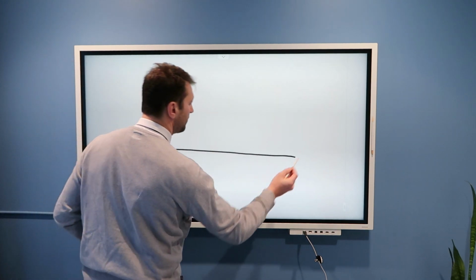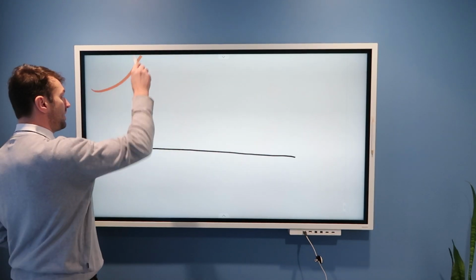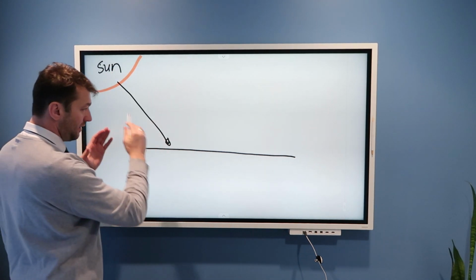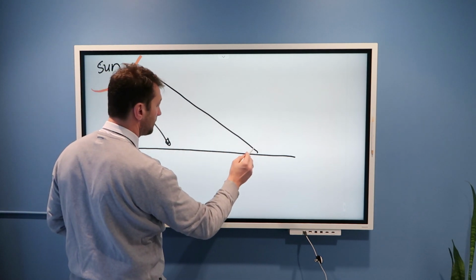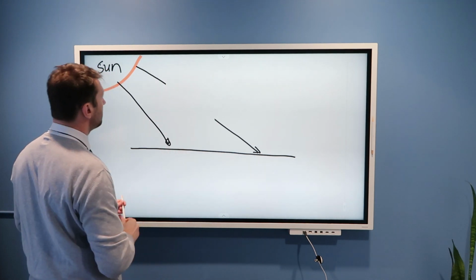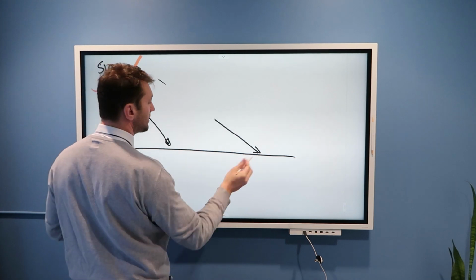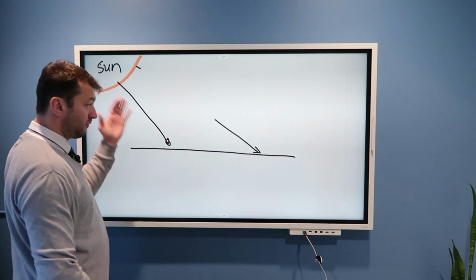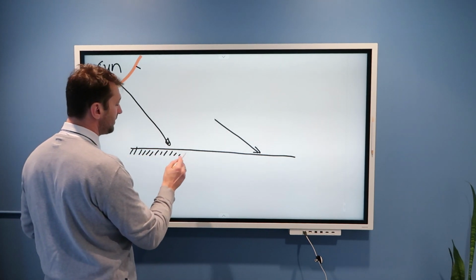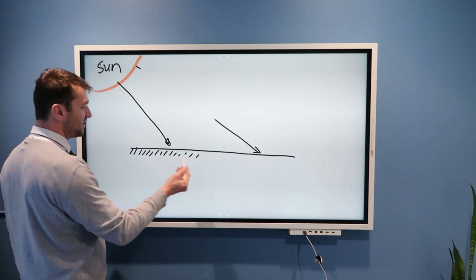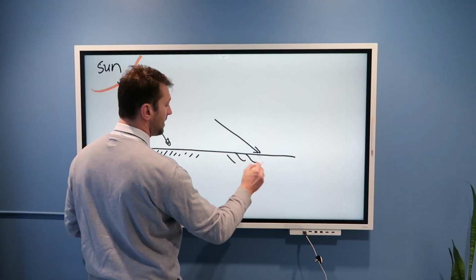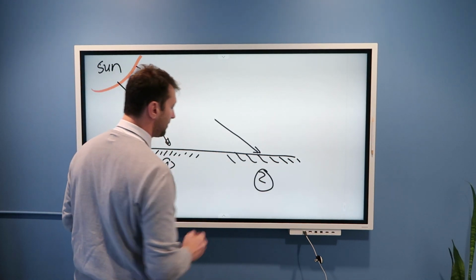Here we have a beautiful surface of our Earth. Here we have an even more beautiful sun. The sun is heating up this surface. This is the sun's ray. And of course, this is not to scale. Let us say that we have two different surfaces over here. Surface number 1 is indicated with this type of pattern, and surface number 2 with this pattern.